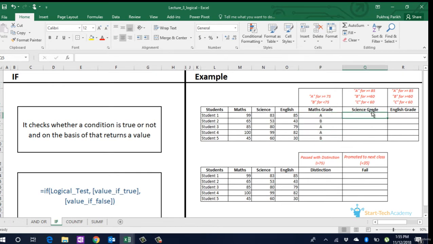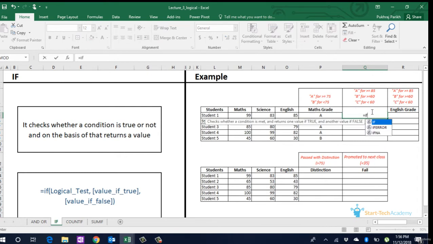If we want to do multiple logical tests in sequential format, we can use nested IFs. Nested IF means that within one IF statement, you use another IF statement which will be called basis the output of the first IF. It will be easier to understand this using an example. Here, if we want to grade students as A if score is more than or equal to 85, B if score is between 60 and 85, and C if score is less than 60, our first IF will check if it is more than 85. If true, we write grade A.